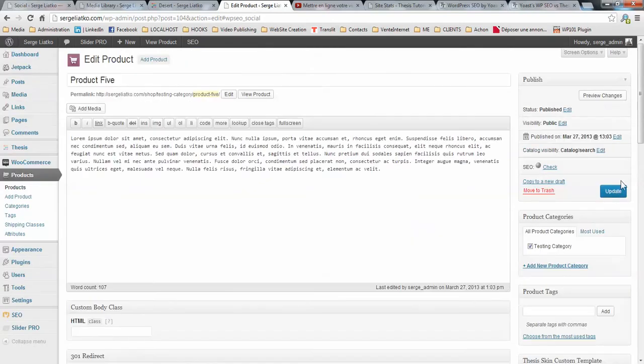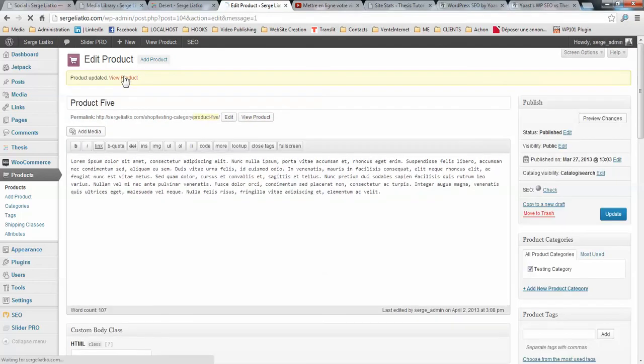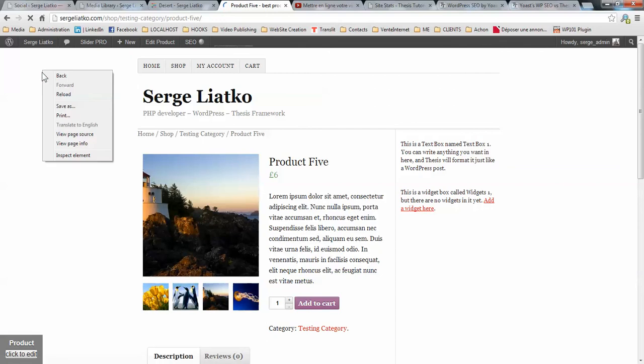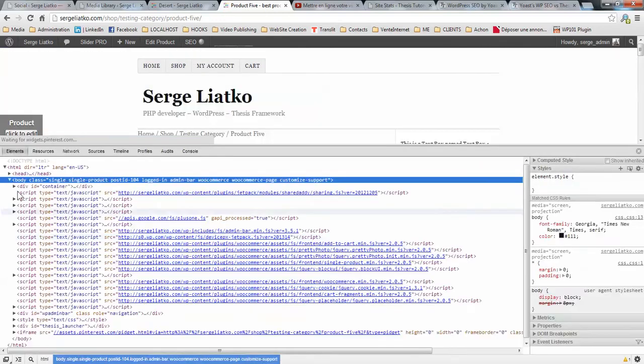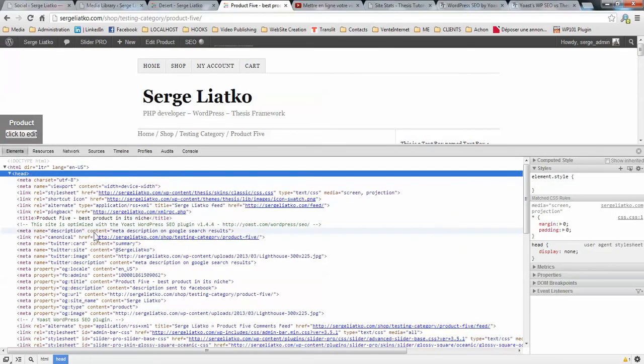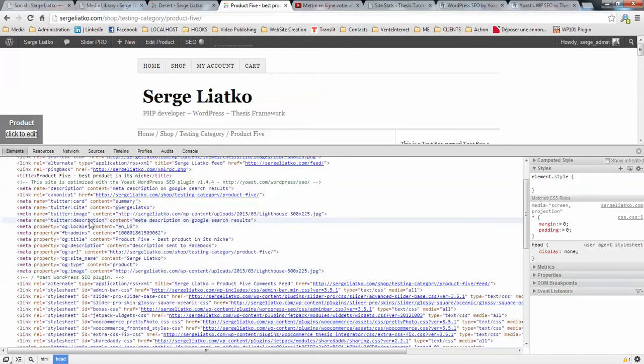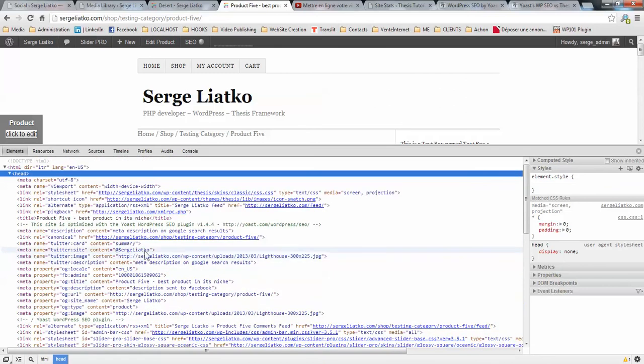So you just save the post, and when you go to view your product page, in the head section here you will see that everything is configured as you specified in your settings. So you have even the Twitter image, Twitter site. Then you have the Twitter description here. And then you have the Open Graph protocol here. So this is pretty much everything you need to know about the configuration of